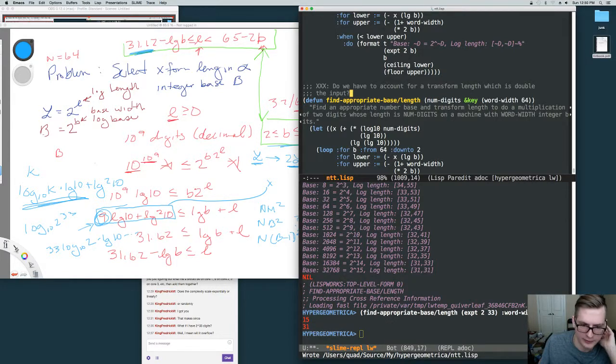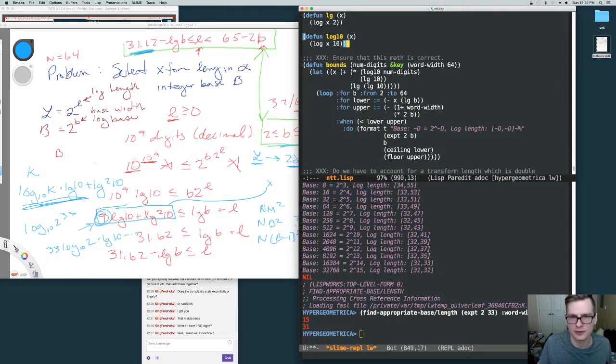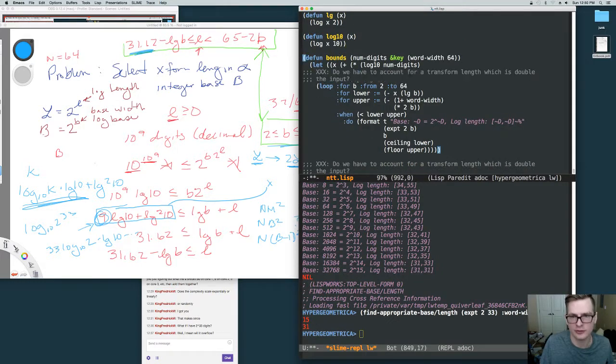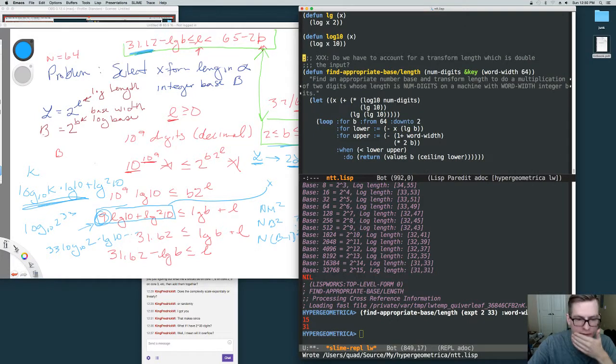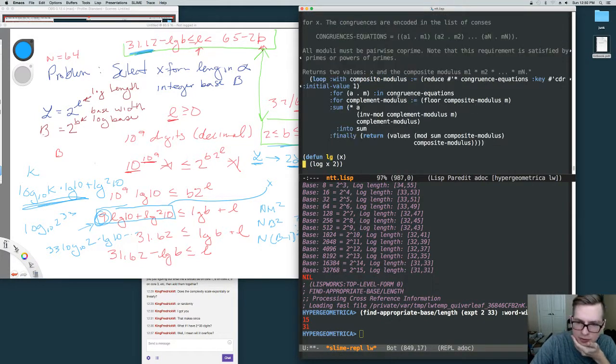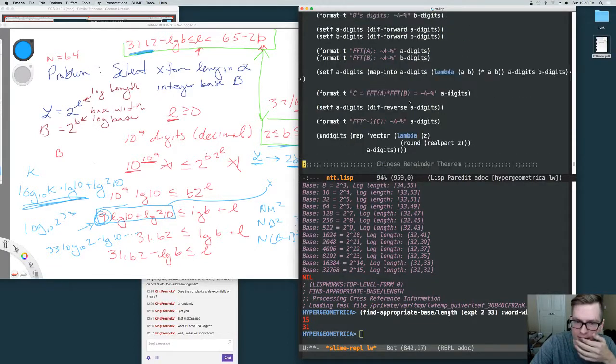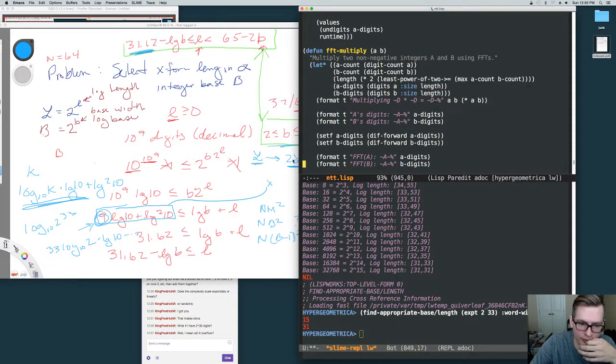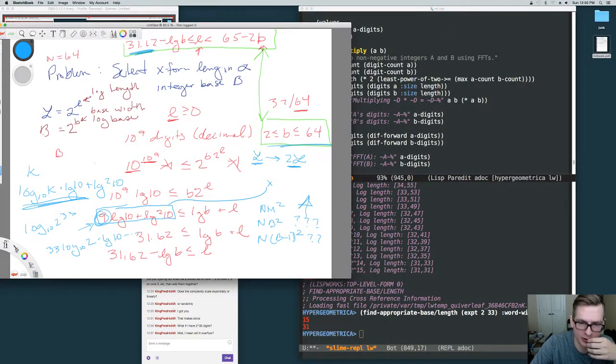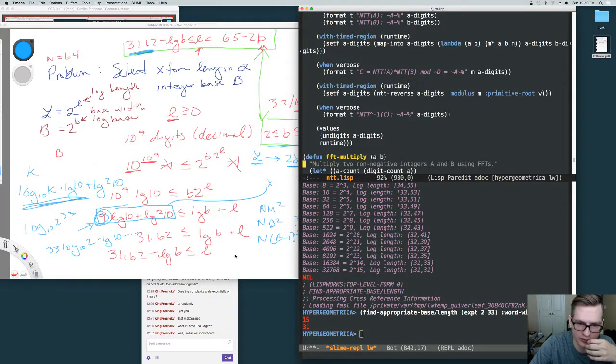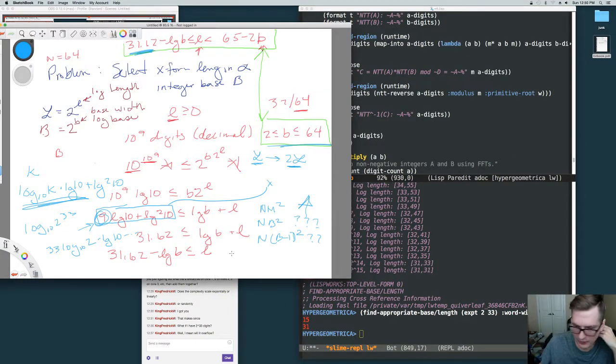So, okay. There are other tricks up our sleeve that we didn't even account for yet, like using Chinese remainder theorem and so on. Anyway, let's just assume this is correct and move to the modulus computation. So, one thing that has to be true is that our transform length,